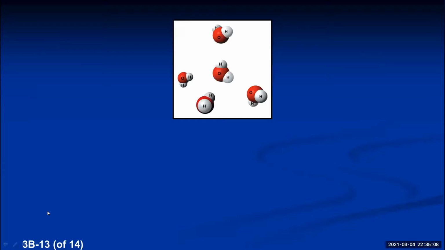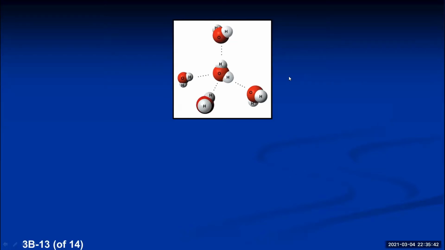Okay, good. So let's take a look at these water molecules here. These dots represent the attraction of a very positive hydrogen in this molecule, because it's bonded to an O, with a very electronegative O in another molecule. Here's a hydrogen that's super positive because it's bonded to an O, and it's attracted to an O in a different molecule. Here's another hydrogen bonded to an O, so it's super positive and makes a hydrogen bond to an O here. So these dotted lines are the hydrogen bonds.